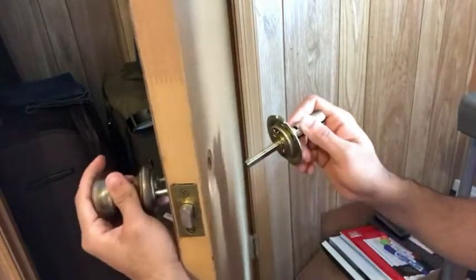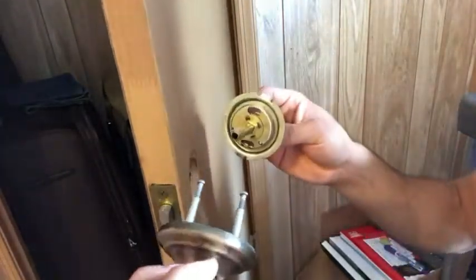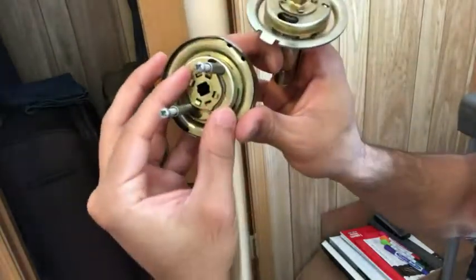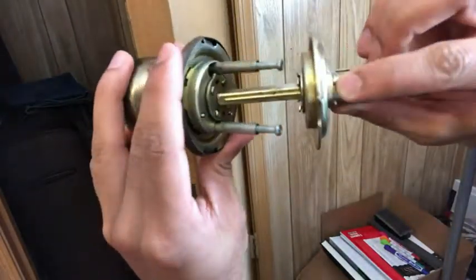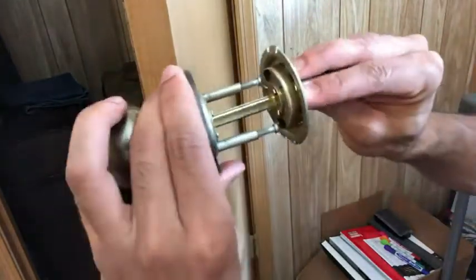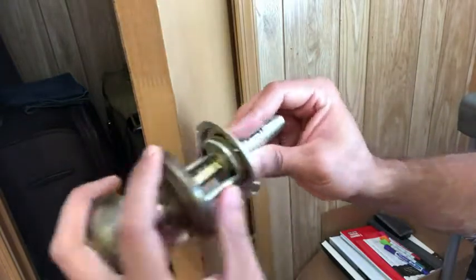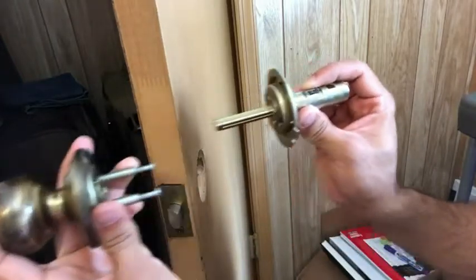So it's now disassembled into two pieces. Now I'm going to reassemble it so you can see. You see here, the hole should go in a particular way like that, otherwise it will not work. So go that way. Just make it still and then